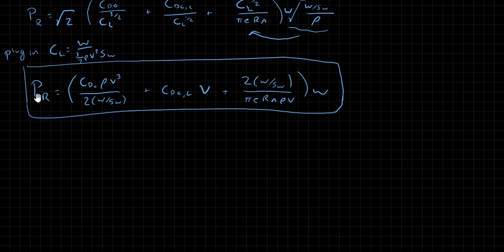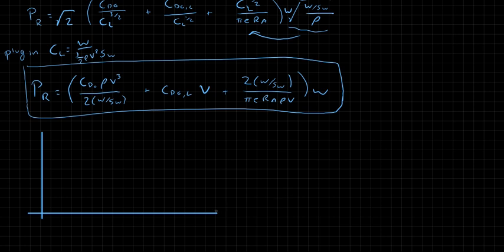So now we have the power required as a function of velocity, and you'll notice that the lift coefficient is nowhere in here, nor is the drag coefficient, although we do have some terms that come from our drag coefficient equation. Okay, so now the way this looks is something like this. Okay, so let's take an axis here. I'm going to switch to green. And sorry, let me label the axes real quick.